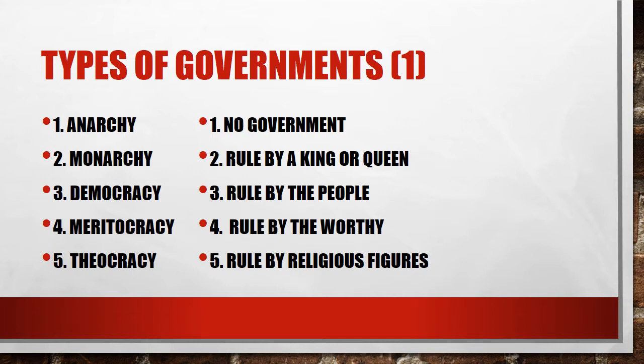There is no government. Number 2, a monarchy. In a monarchy, there would be rule by a king or a queen. So a very good example of this would be back in England during the time of the Revolutionary War. The English had King George, and the colonists did not really like King George all that much. They thought that he had too much power, and they decided to revolt. Now, the government that King George was ruling was a monarchy. When the colonists revolted, they wanted to get something closer to a democracy, which is number 3.